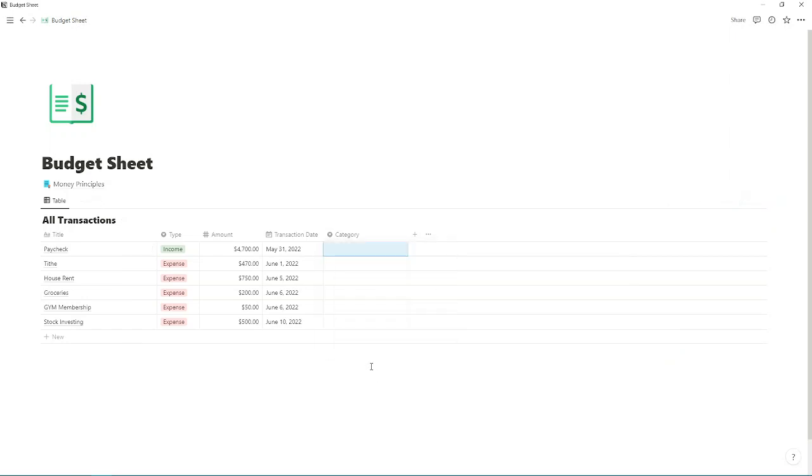Income won't have any category. Tithe will be here, and this will be house. Groceries will be for house. Gym membership will be for personal. Stock investing will be for invest. Yeah, that way you can create. All right, so these are categories,